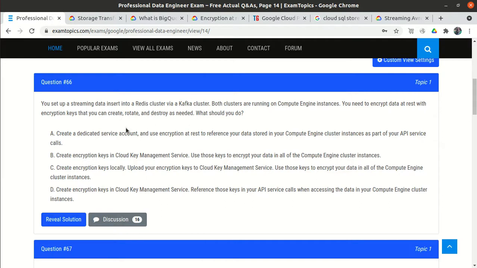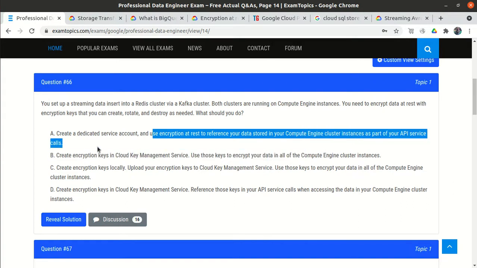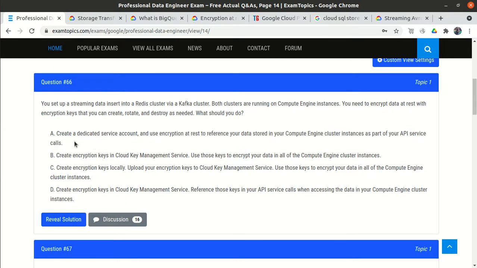So what should you do? The first option is to create a dedicated service account and use encryption keys to reference your data stored in your Compute Engine cluster as part of your API service call. This looks wrong because our main requirement is to encrypt the data using encryption keys, where a key can be rotated and destroyed.